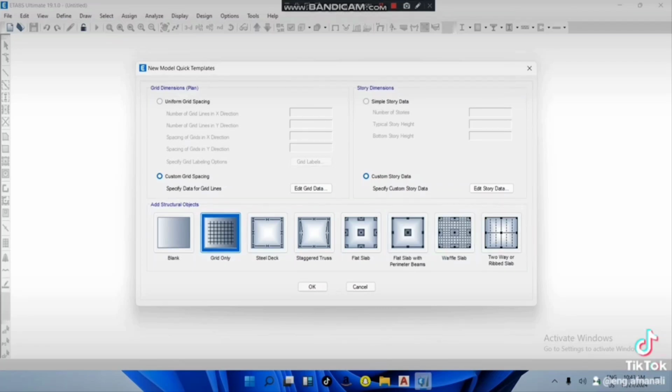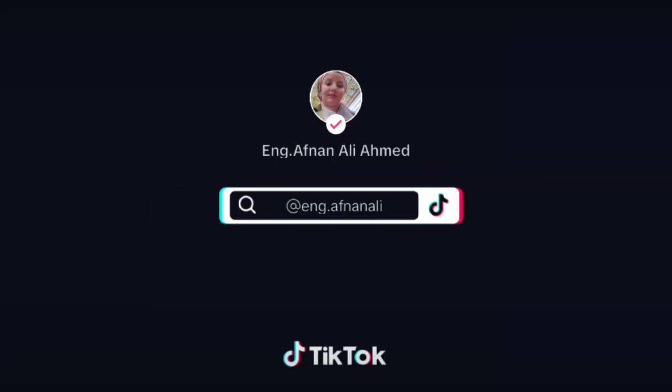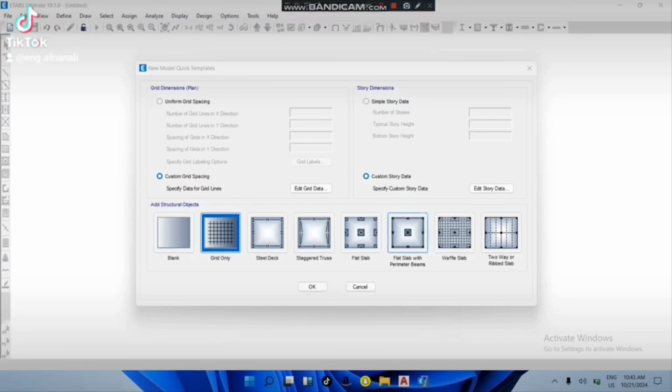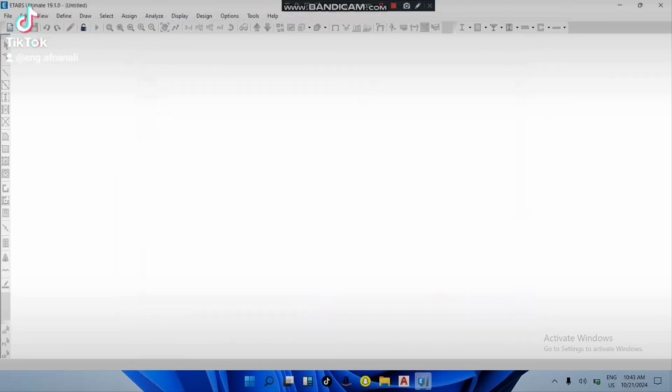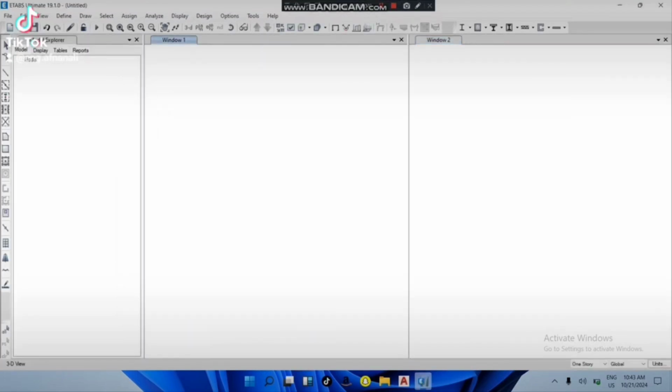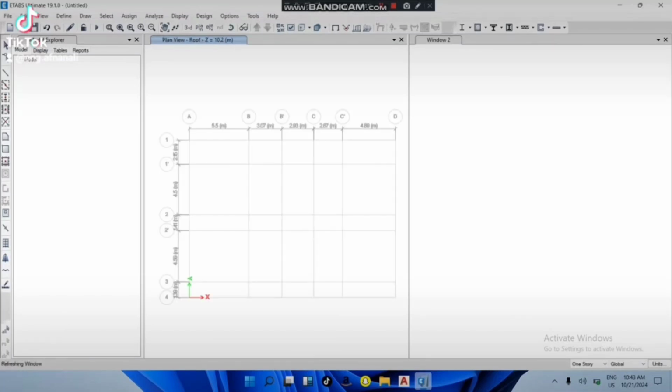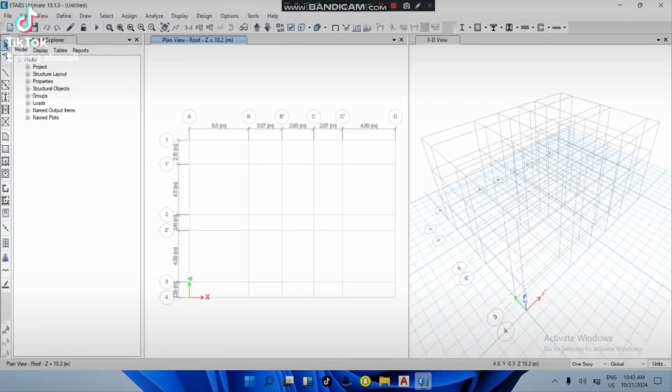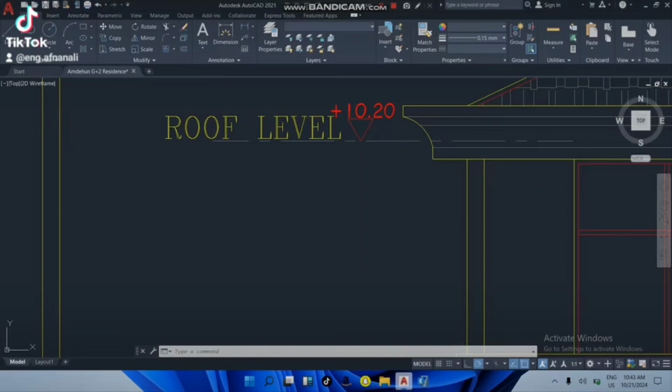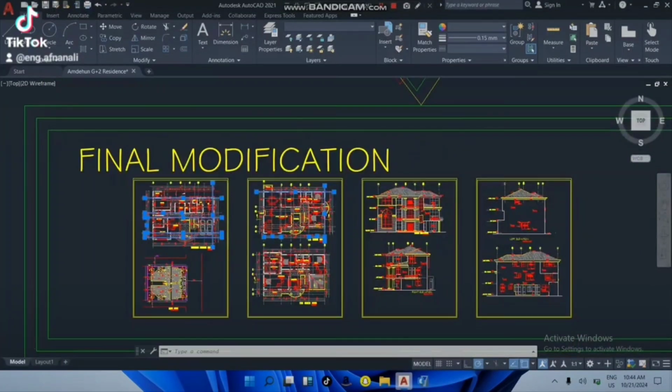And there is many types, but after we choose the grade only, on display for all the data I already included or inserted. We have 3D and we have the elevations, the plan, like the floor plan. You already make it in the AutoCAD or like this. All the grade